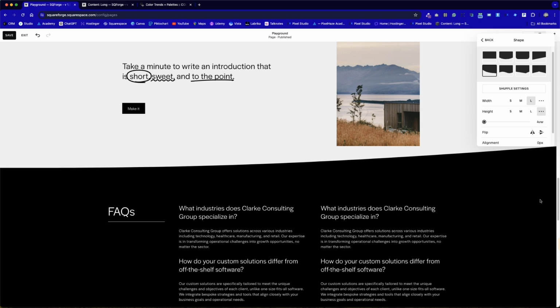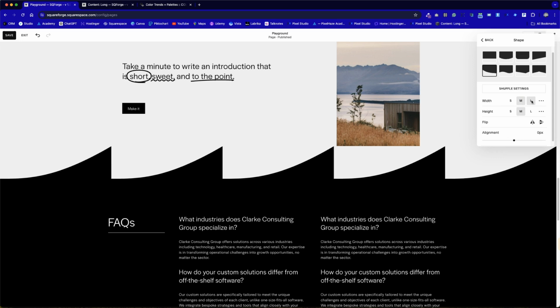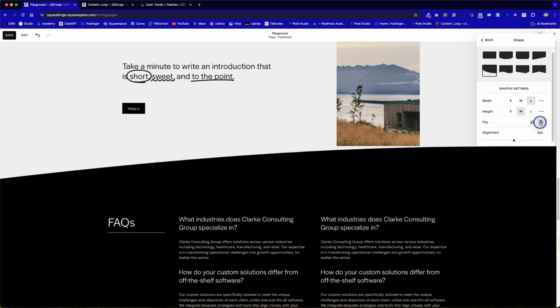We want the same style carrying through, or at least the same flow. For example, we may want in this section to have this peel going to the left. We want to remember the settings. So if I go for medium with a large width on the style, because if I go to small, we can see it repeats the pattern, which is a little bit too jarring in this case. And we can flip it left and right,